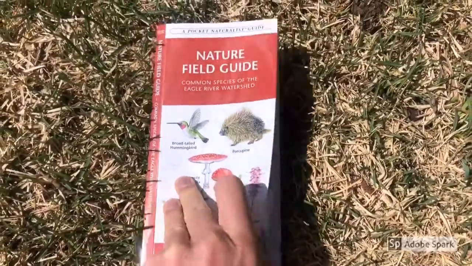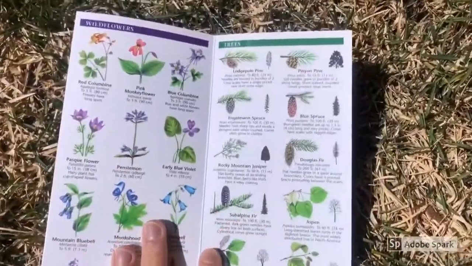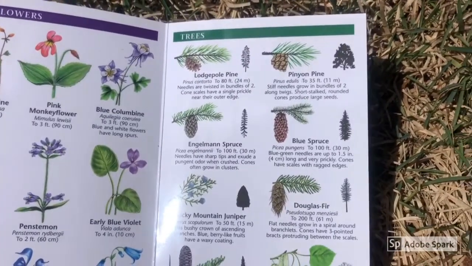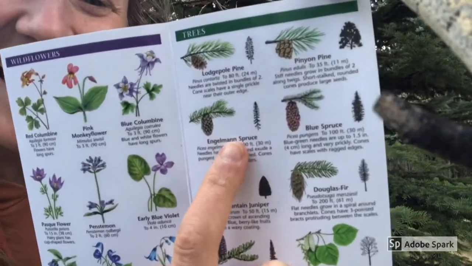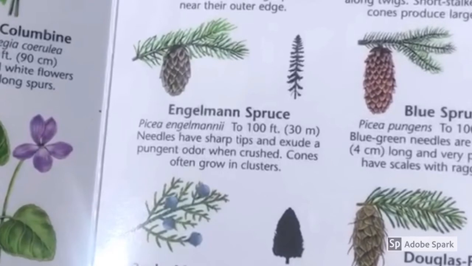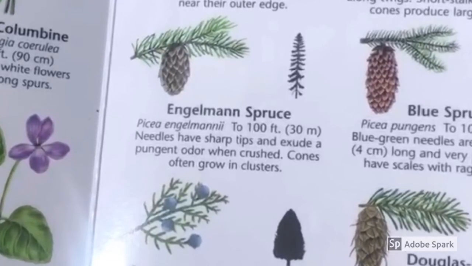Next, I'm going to open up my nature field guide and go to the trees section to look and see if anything in the guide has similar features to the tree I found. I found it! It's an Engelmann spruce! The guide says that Engelmann spruce have needles with sharp tips and cones that often grow in clusters, which is